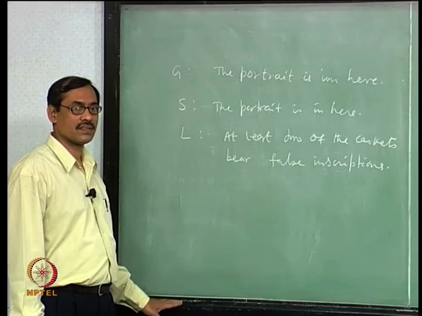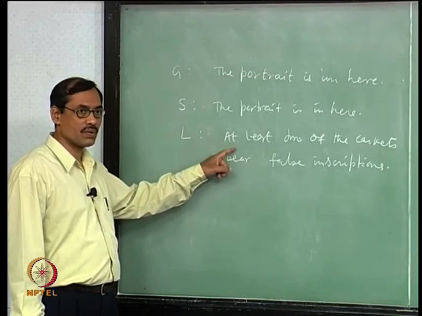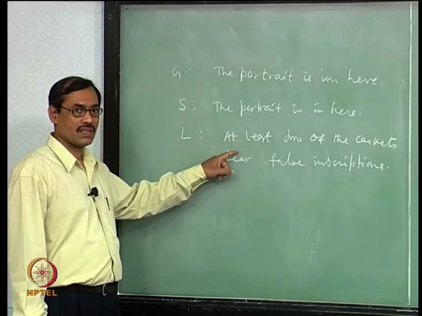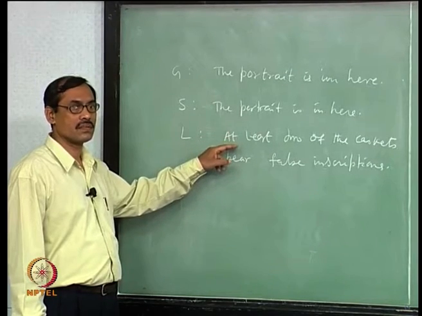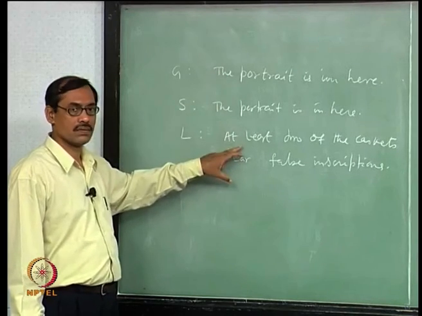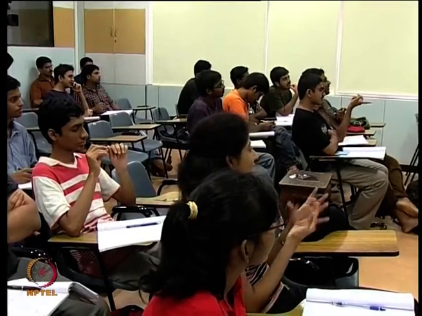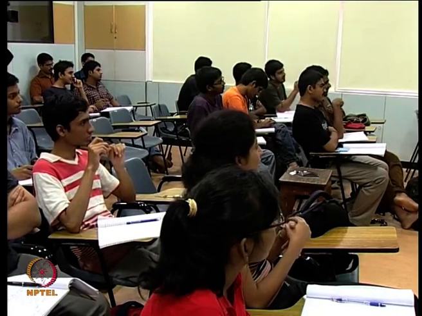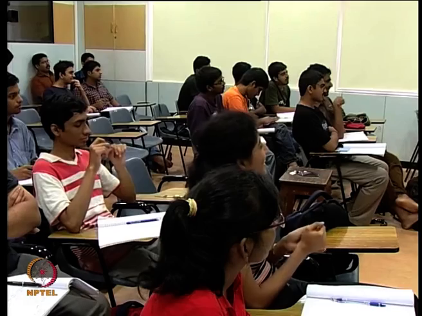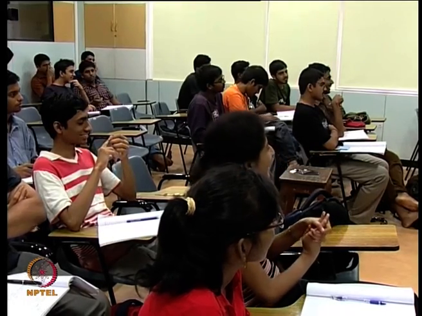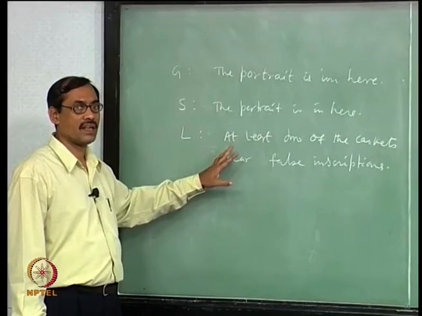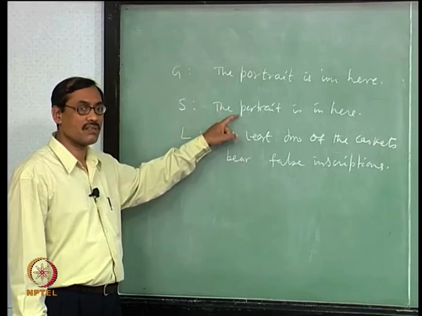Is it true or false? If it is true, then at least two of them should have been false, but two of them are becoming true. Therefore, it has to be false, right? If it is false, then what happens? Two of them are false. "At least two of them are false" is false. So, at most one of them can be false, right? So, this is already false, the other one cannot be.